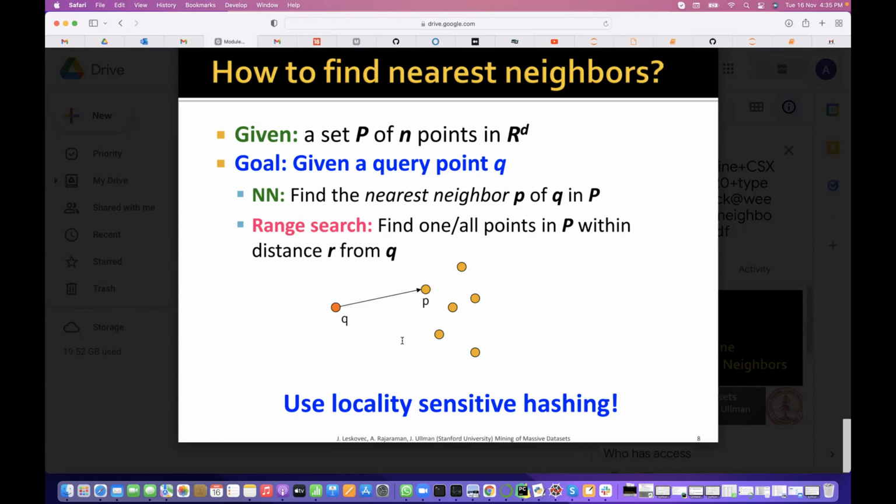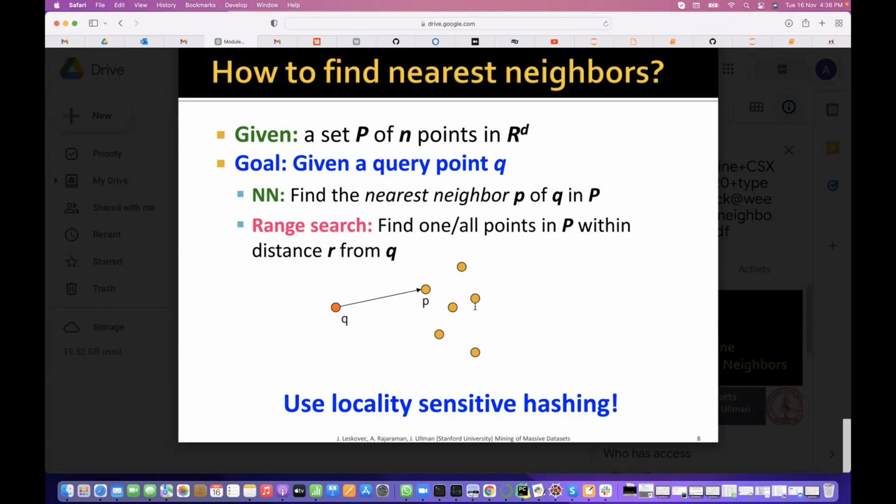Again, you will hash all the points. So those which are similar fall into the same group. Only those groups you will verify, right? When you ask about the new point, in which bucket it falls, only the points in that bucket are to be considered as neighbor points. You understand what I'm saying?